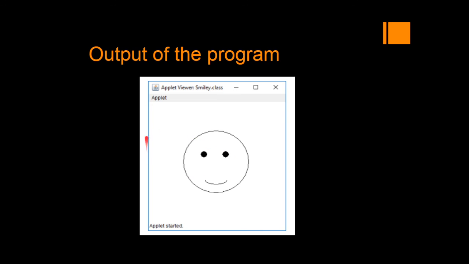Now we can see this is the outer circle, that is the fill oval, and this is the normal oval, and this is the inner small circle, which is also a fill oval. And then after some space down, we are drawing the mouth arc. For that we are using the function draw arc.